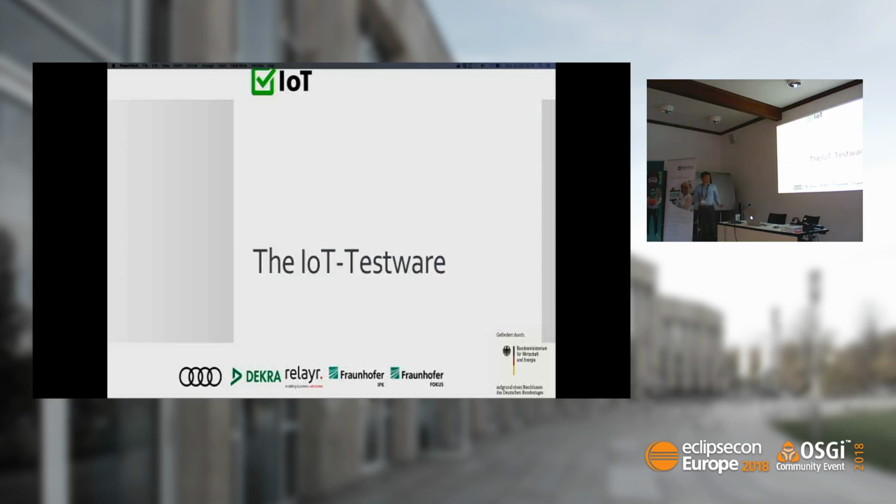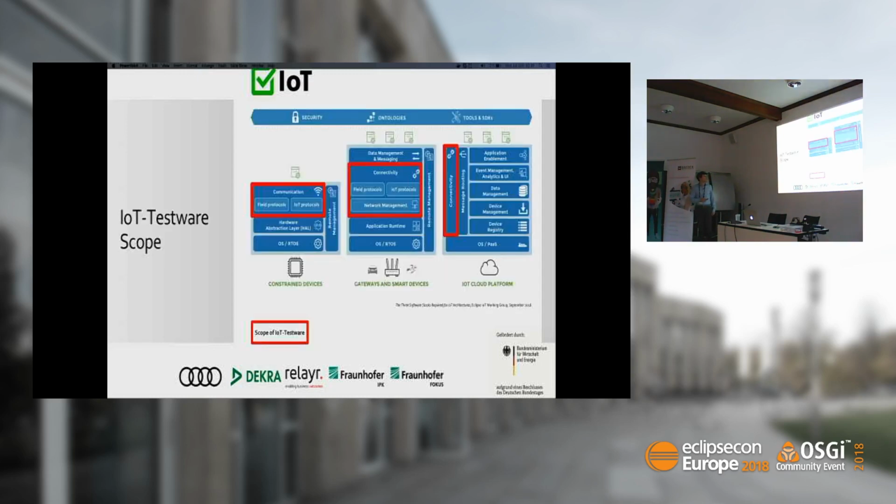Okay, so this was just an introduction, so that you understand where the IoT-Testware comes from and what the motivations and challenges are. So let's talk about the IoT-Testware. As I said, we started with IoT protocols. We see ourselves 100% at the horizontal level, so we are talking about communication, because this is our everyday business at Fraunhofer FOKUS. We have been over 20 years in communication testing, and this is the horizontal line where we see the IoT-Testware.